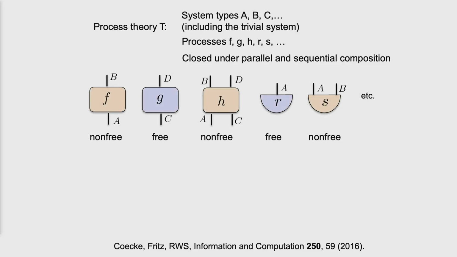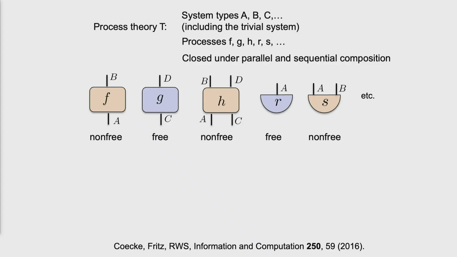And now the key aspect of a resource theory is that you find a sub-process theory, a subset of all these processes, which you declare to be free, which means you're allowed to avail yourself of those in any quantity you like. And the rest are non-free. Now you again have to demand that any wiring together of the free stuff is closed. That no matter how I wire them together, I get something else that's already included in the free set. I can't leave the free set by just wiring together free things. That's the constraint, because otherwise, you would basically be saying things that are expensive can be built from things that are free, and then the theory collapses. It doesn't make sense.